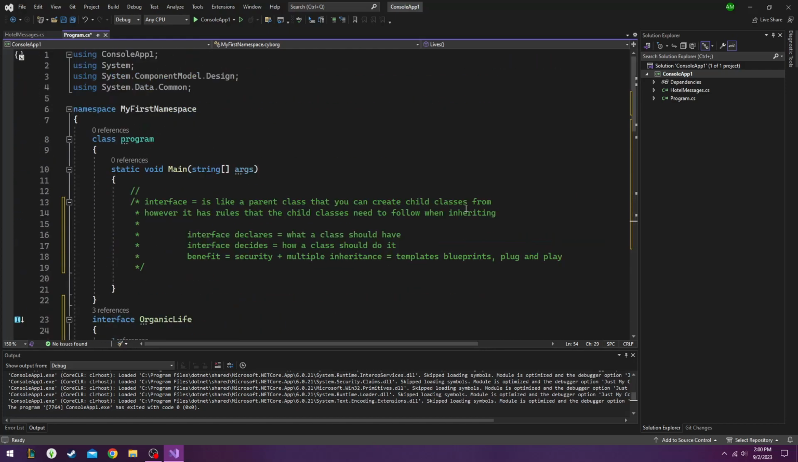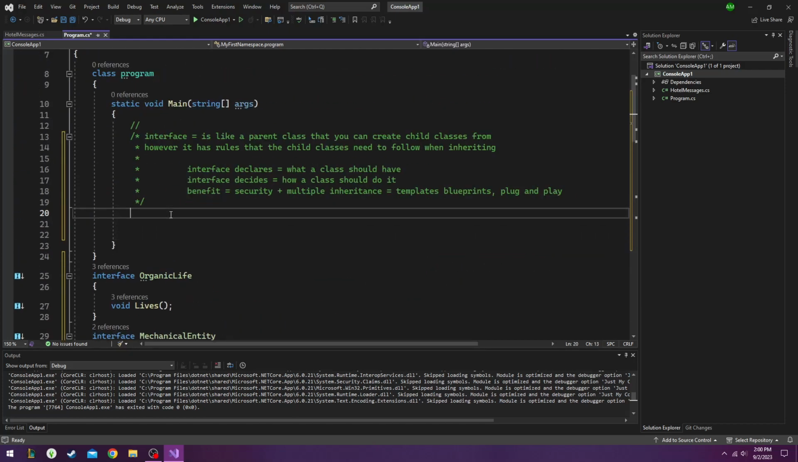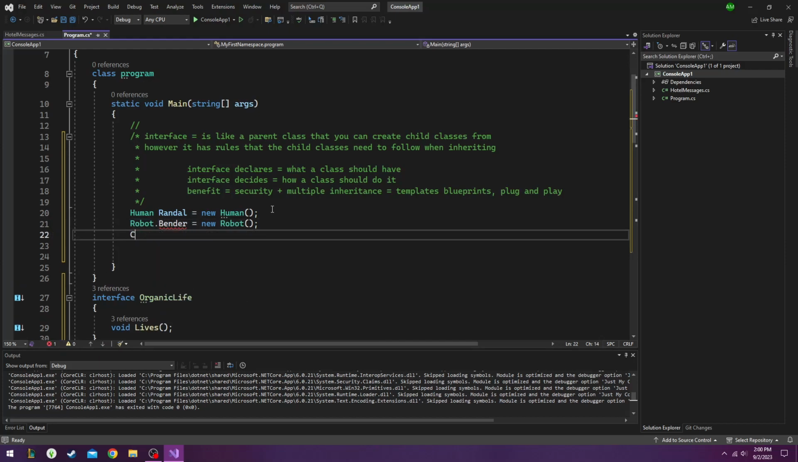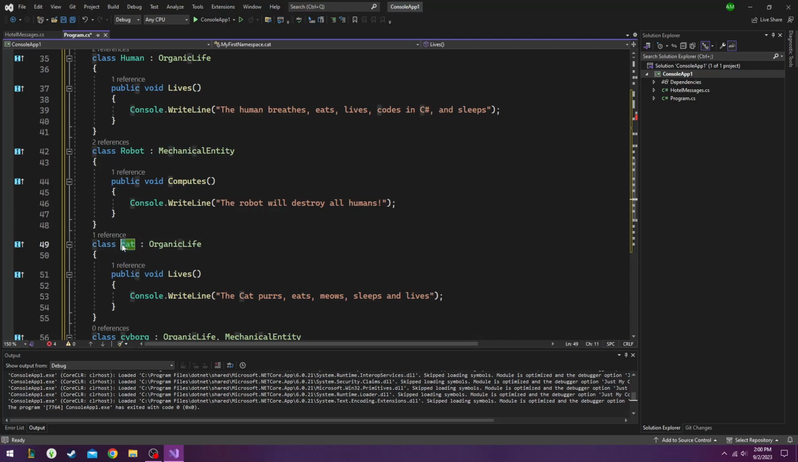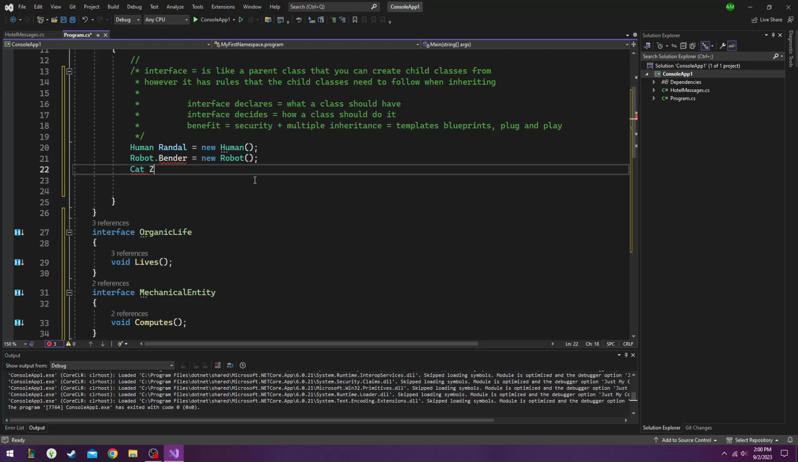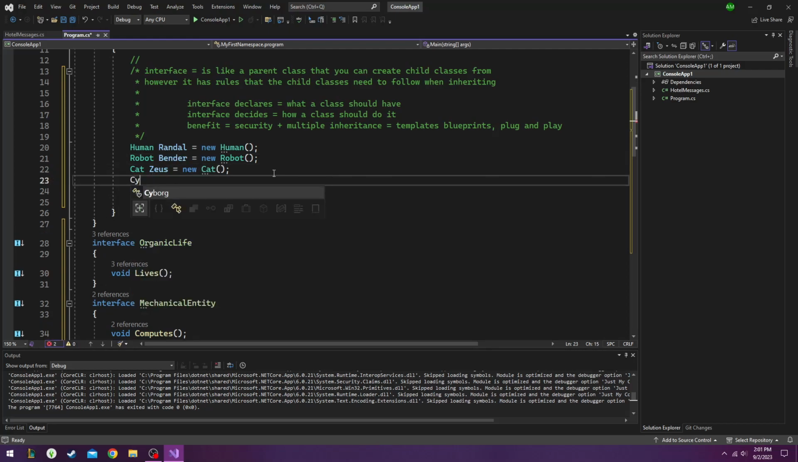So if we want to run a program with all of these, like a game or something, then we do human, and then the human name and new human. We can name our human as well. I can name mine Randall, and we can create a robot. I'll name it Bender, and we can create a cat. Oh, I forgot to capitalize my cat and my cyborg. Our cat can be Zeus, new cat, and we have our cyborg, which is Arnold, new cyborg, and now we